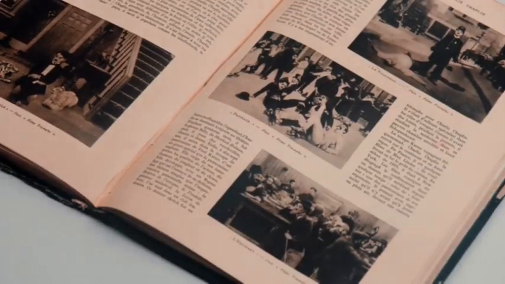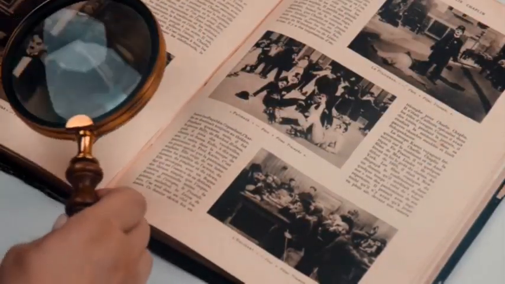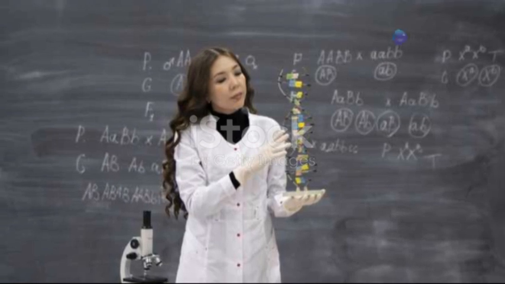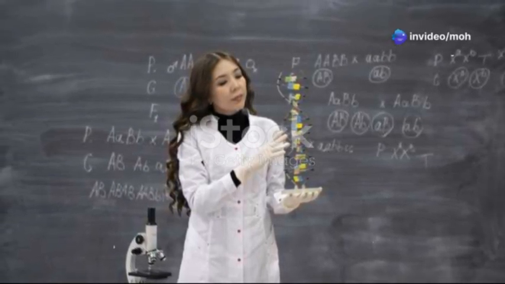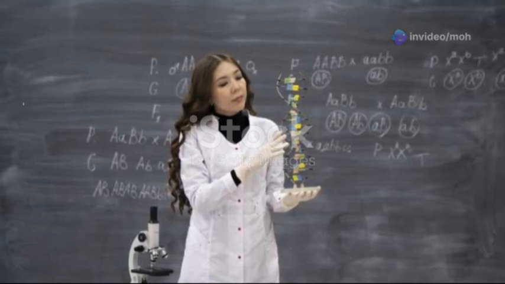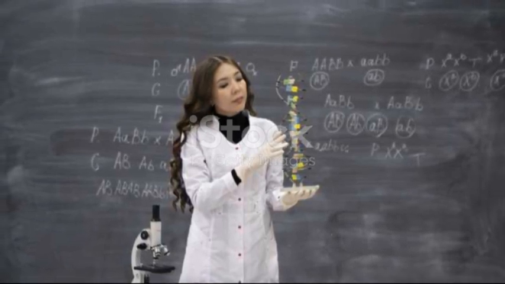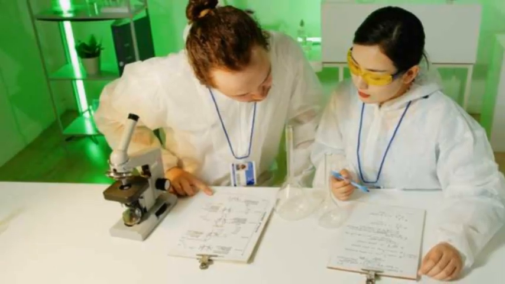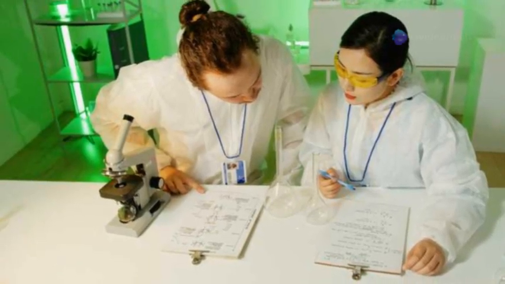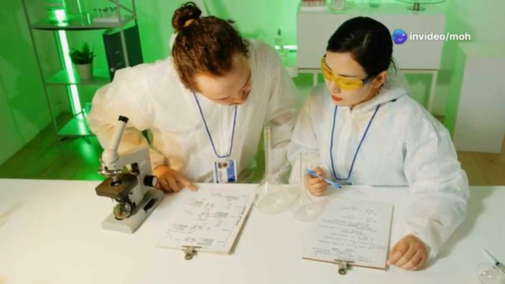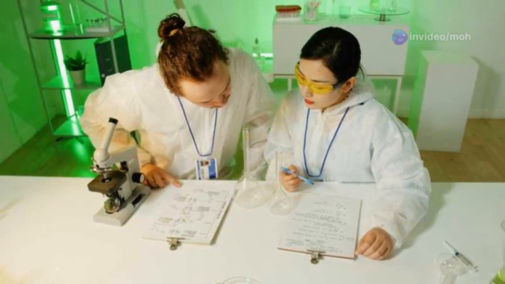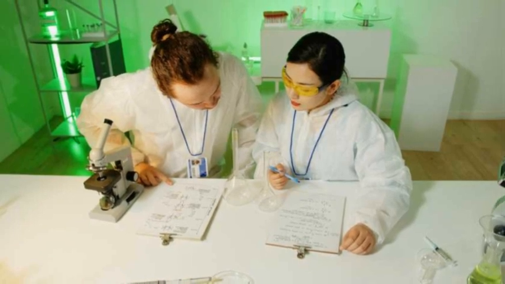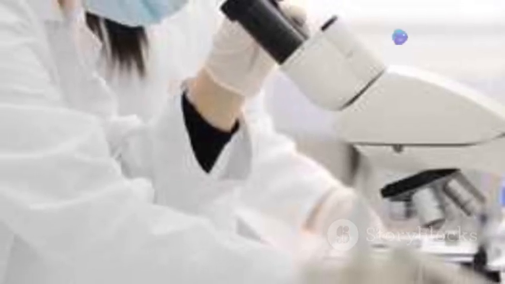Section 9. Conclusion: the enduring power of discovery. The story of the discovery of the double helix structure of DNA is a testament to the power of human curiosity and ingenuity. It was a groundbreaking moment that forever changed the landscape of biological sciences. It's a story about the collaborative nature of science. Watson and Crick's work was built on the contributions of many other scientists, including Rosalind Franklin and Maurice Wilkins, whose efforts were crucial to the final discovery, and it highlights the importance of perseverance in the face of challenges.